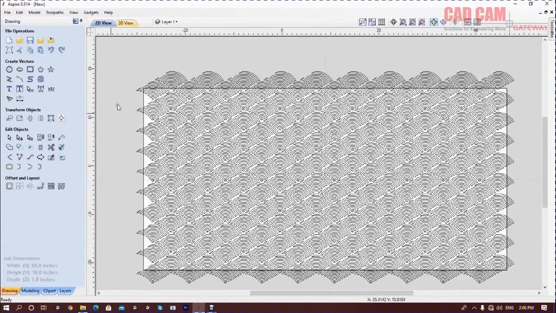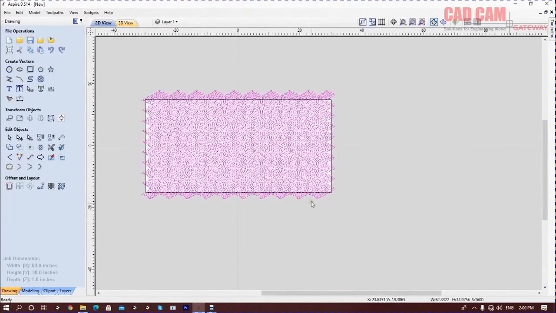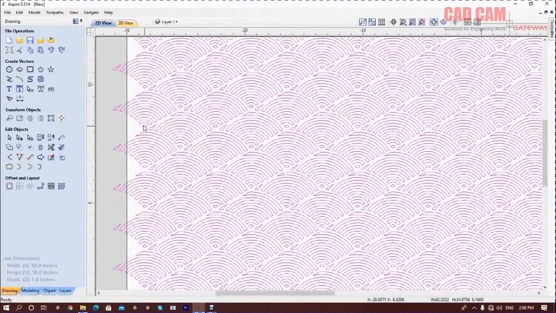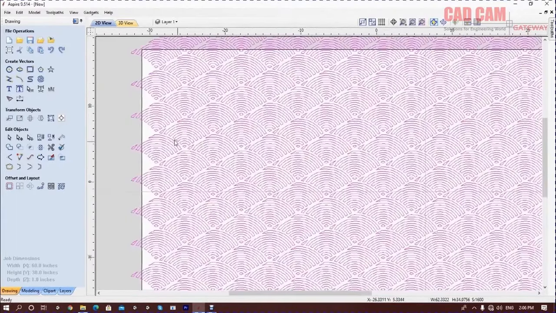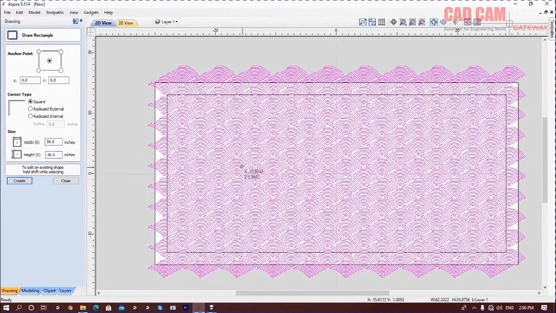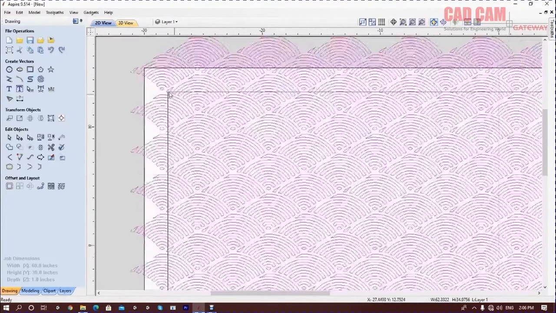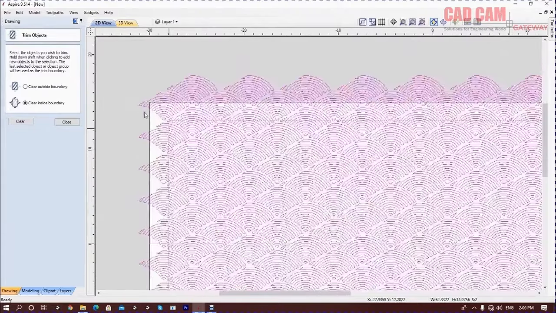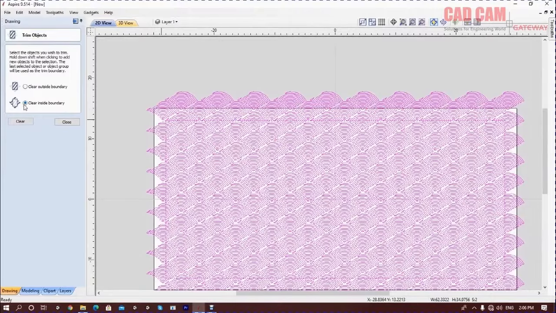Once we've turned off its layers, you can group it from here so that no area is missed during selection. After grouping it, take a rectangle. As soon as I select the rectangle, I'll reduce it by 4 inches on all sides. Here, it will become 56, and here 26, and this creates a rectangle. Select this rectangle and use it to trim all these objects. Take this, and we need to clear the outside. So select for the outside and see, after trimming,